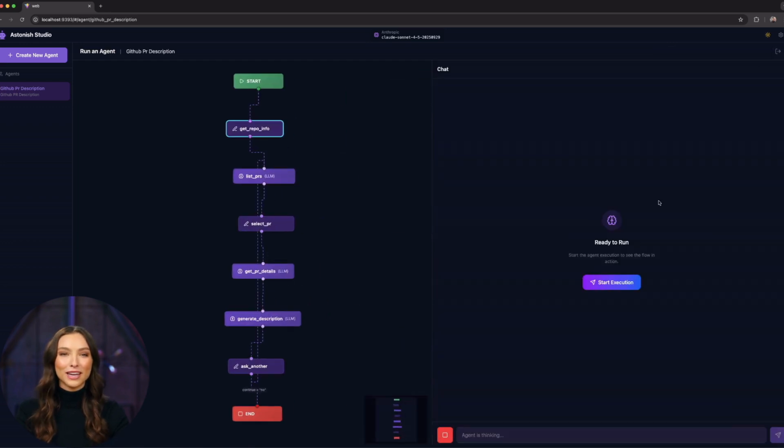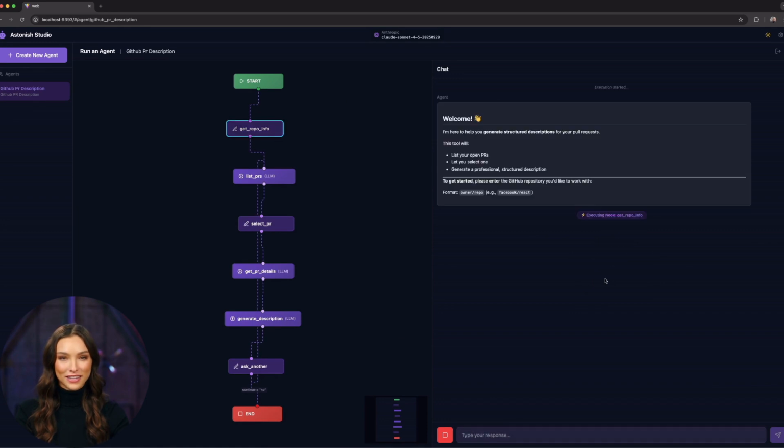We click Start Execution once more to verify our changes. The difference is immediate. Instead of a raw text prompt, we now have a polished, professional greeting. Notice the structure. A clear, welcome header with a waving hand, followed by a concise mission statement, helping us generate